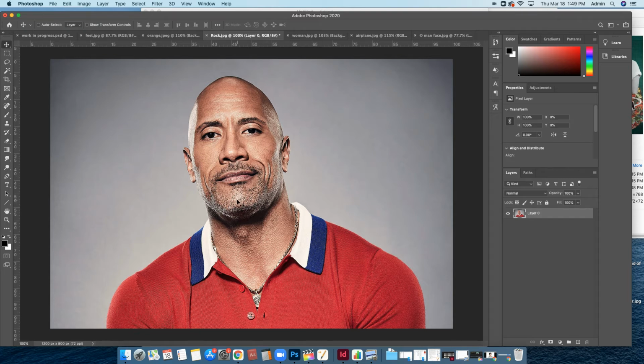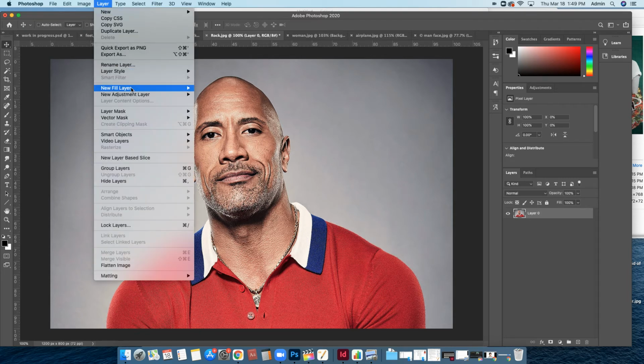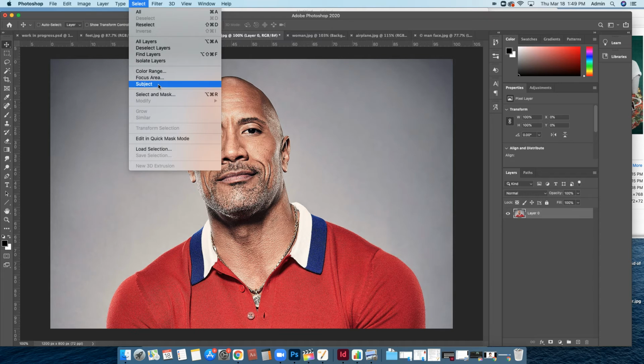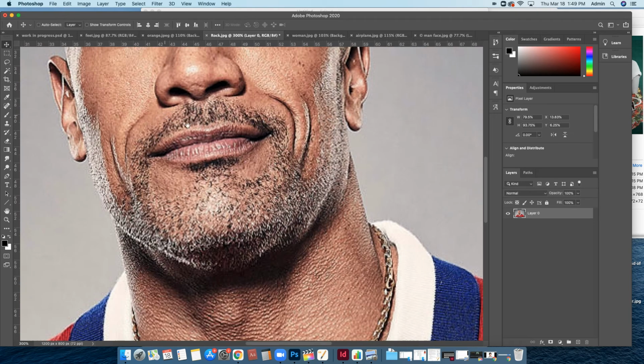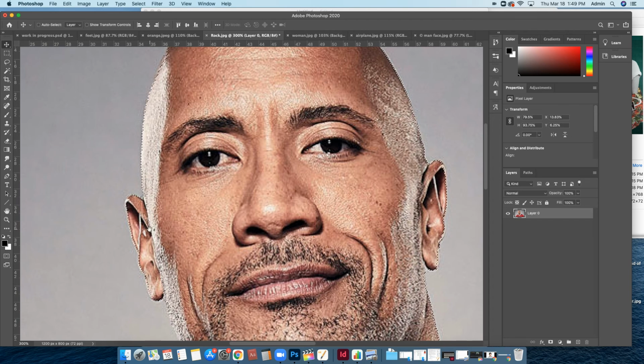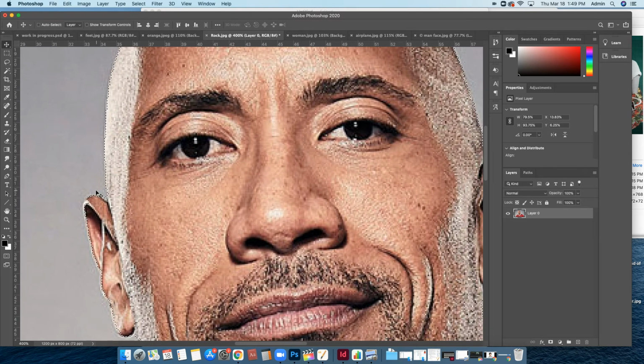Okay, the rock, I'm going to do the same thing. Select subject. It's going to take a little while. Let it try to select it. Okay, it looks pretty good. I can see there are some little issues like right in here. If I really zoom in